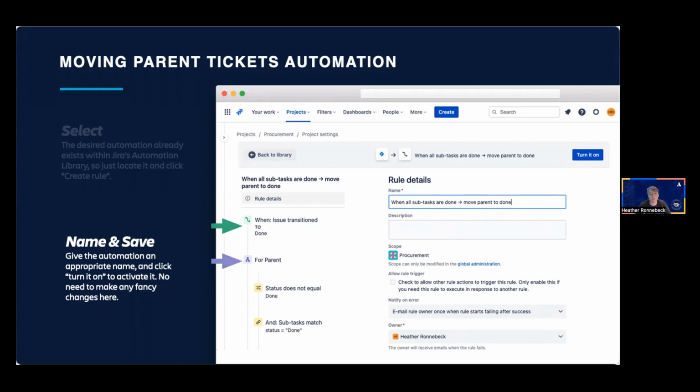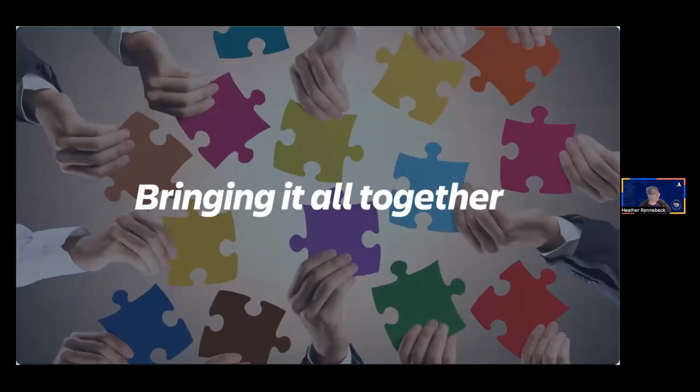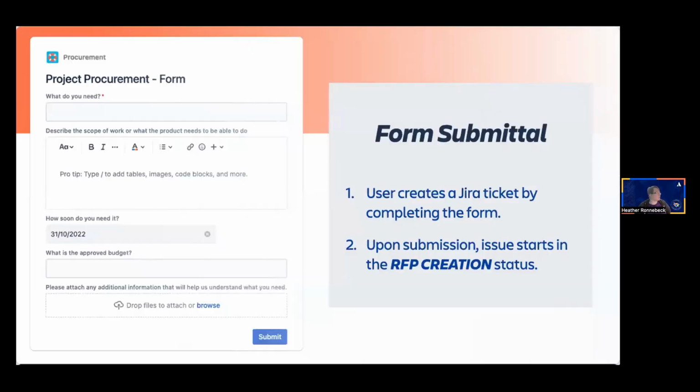So for all the parents, for the parent issue, we are going to do a bunch of steps. And then based on the conditions here, if the subtasks match done, and if the status of the parent ticket is not done, then what's not shown here, which is the final step, is if all of this is true, then the parent issue itself would be transitioned to done as an action step, and it would be shown in blue.